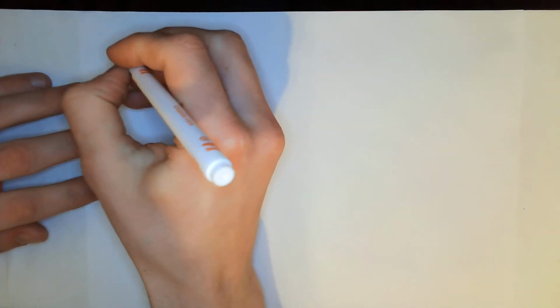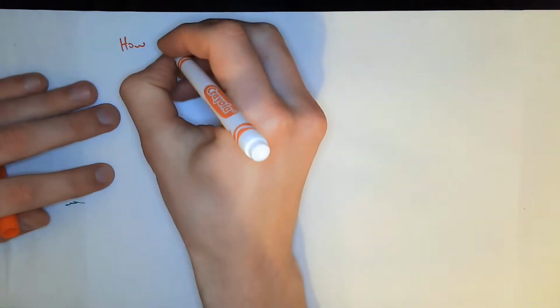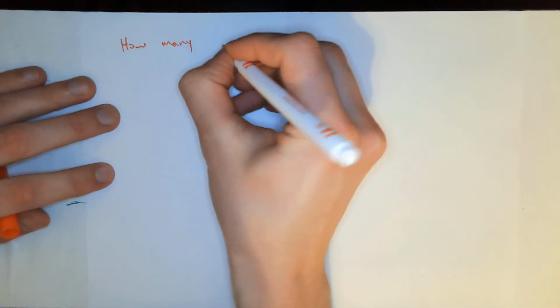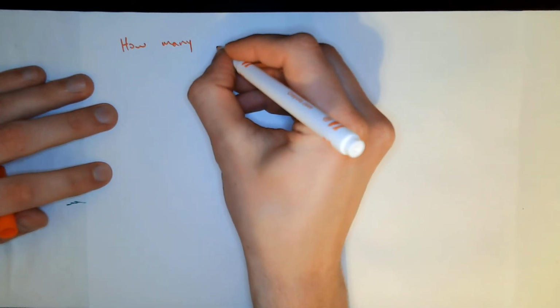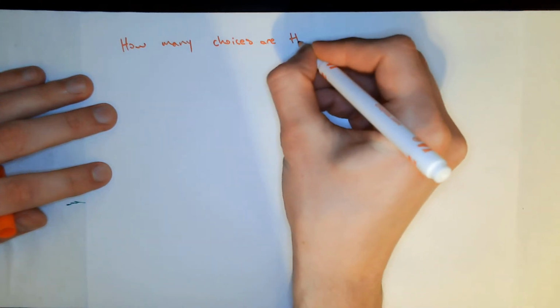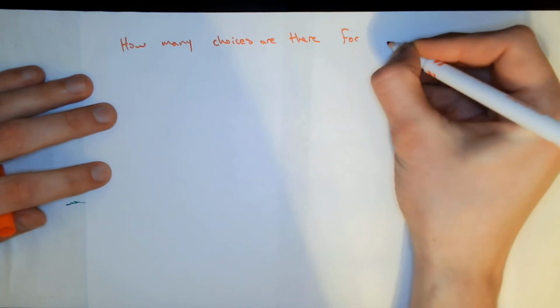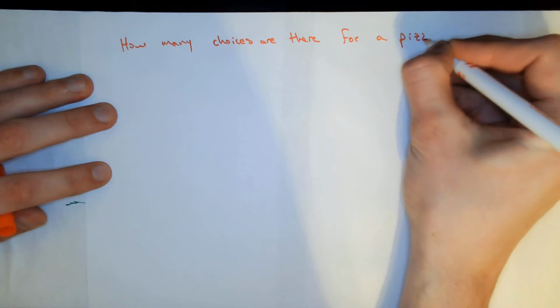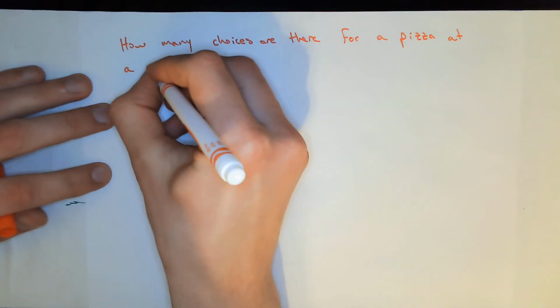Okay, here's a new question. Let's abandon the probability for a second. Let's just talk about the number of ways to get something, or the number of ways to do something. How many choices are there for a pizza at a